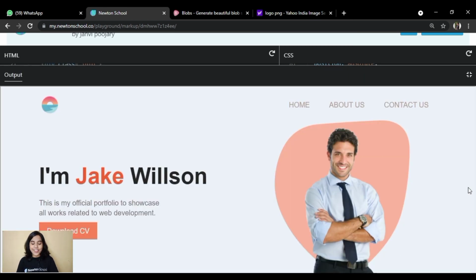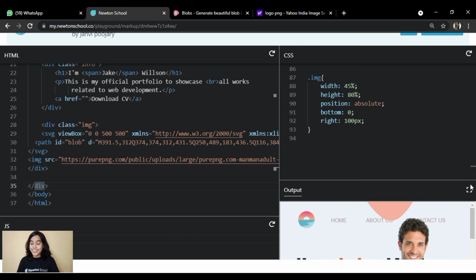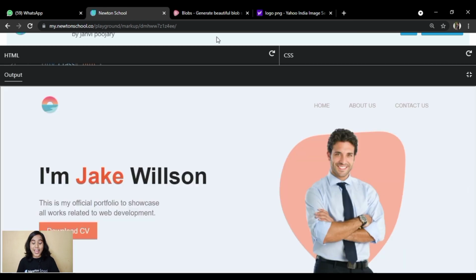So my friends, the design for light mode is ready. Isn't it cool? I found it really cool. Let me know in the comments what you think about it, and also check the second part as well, where we are actually gonna toggle it from light mode to dark mode. So good evening, my friends.